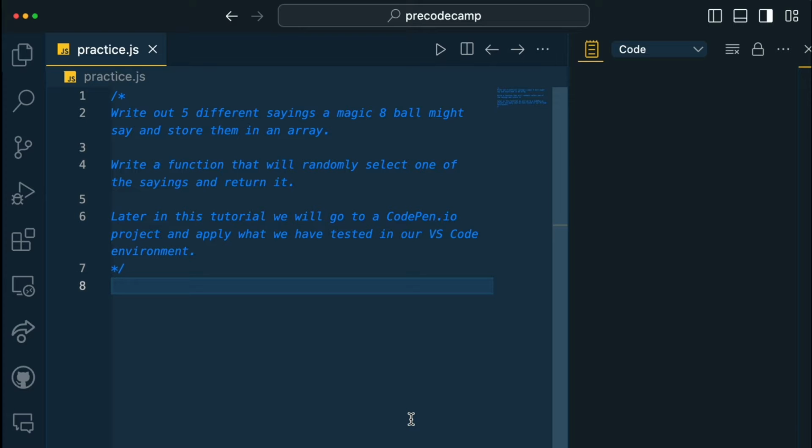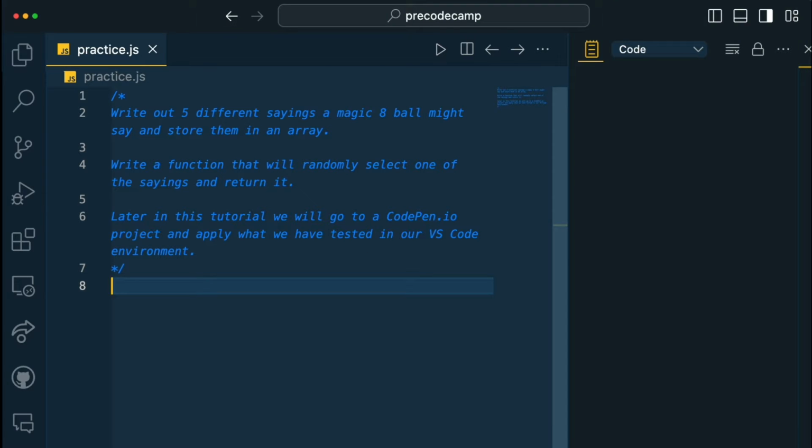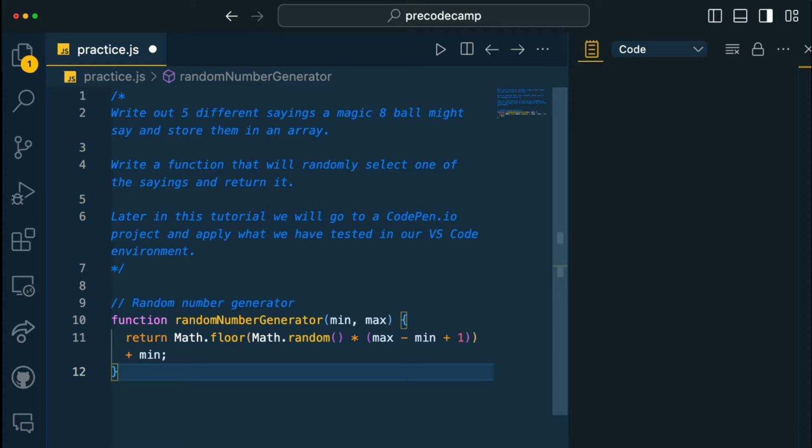So the first thing that we're going to give you with this project is, and again, if you've been following any of my videos here with Precodecamp, I'm not going to fully explain the random generator, but this is the randomized generator that you'll see in a lot of my videos. I explained it in several of them, but just know that it takes a minimum and a maximum, and we are going to supply it with a min and a max, and it's going to randomly generate a number between